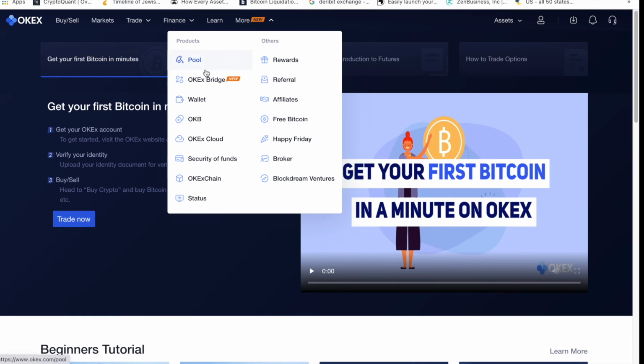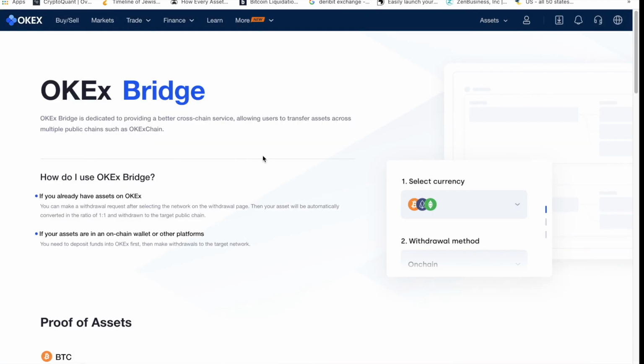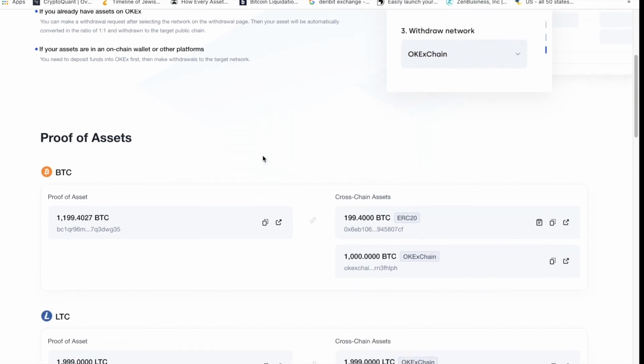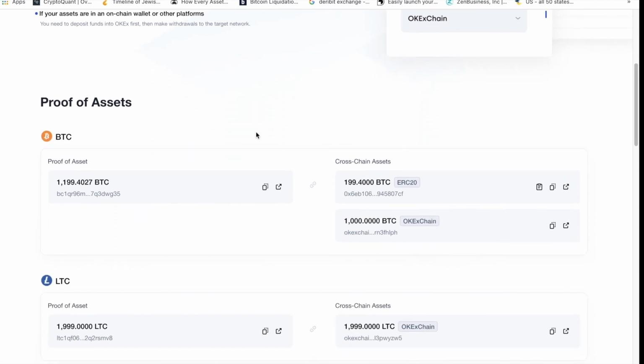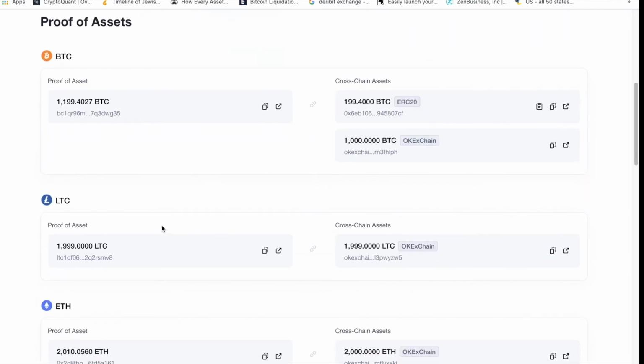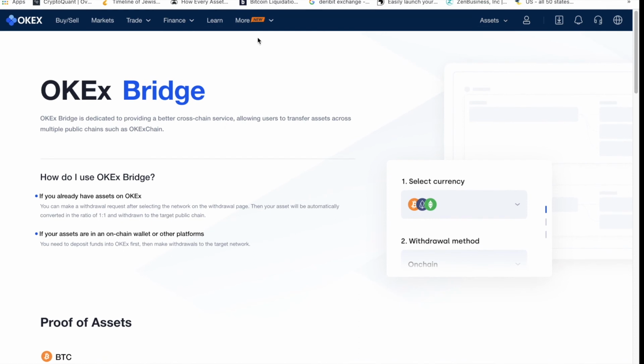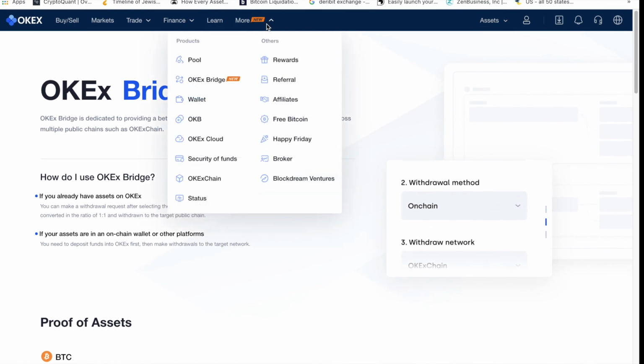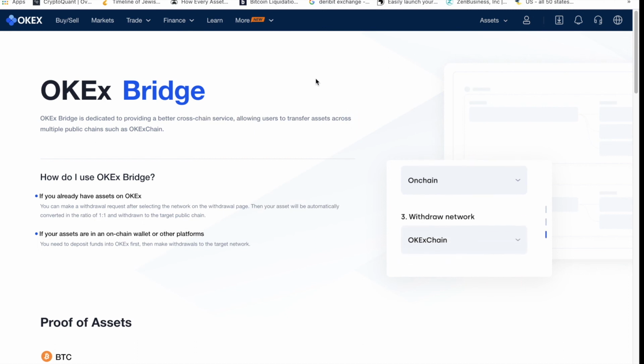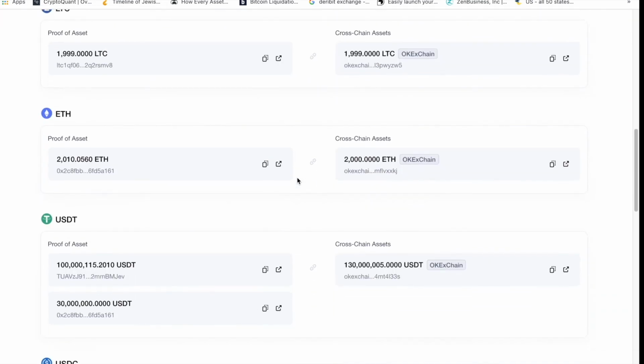It's more for advanced users. You have the OKX Bridge, which gives you the ability to transfer cryptocurrency from one blockchain to another. So they basically created a solution for you guys. If you wanted to transfer Bitcoin to Ethereum, or let's say Litecoin to Ethereum, for example, they created this infrastructure, this solution for you guys. So this is basically, in a nutshell, what they're offering, and I think this is quite interactive, very simple. They never had any issue. It's quite transparent, and this is the review for this specific video.